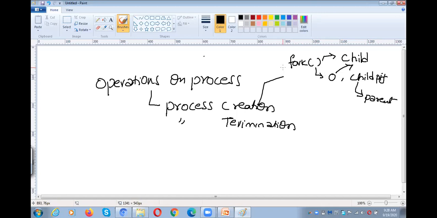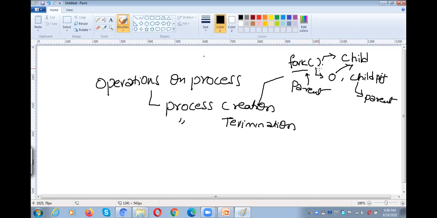If any process wants to create a child process, the process has to use the fork system call. The process which is using the fork system call is called the parent process, and the created process will be called the child process.